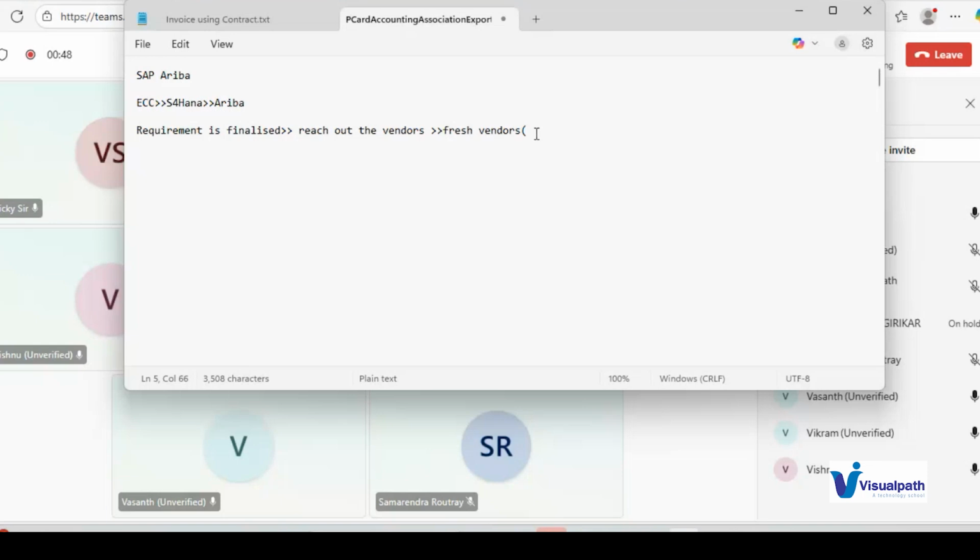Who is the vendor? What is the vendor's name? What is the vendor's company name? What is the tax number, the email ID, the phone number of that vendor? I'm buying this for the first time, so I'm going to the market, sourcing the vendors and asking for their information: their email, phone number, how much they are selling, what the turnover is. Basic information, correct? So once I take the information from the vendors,